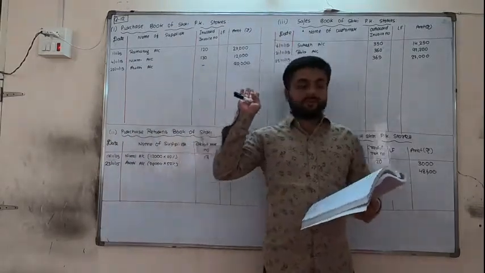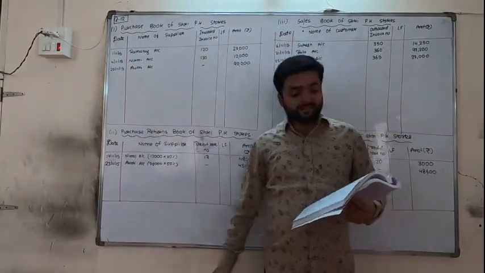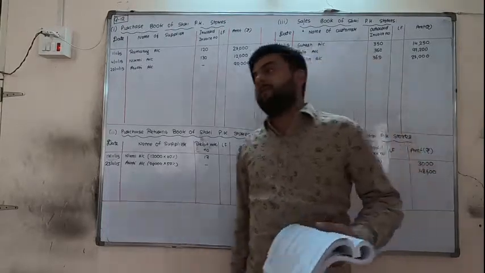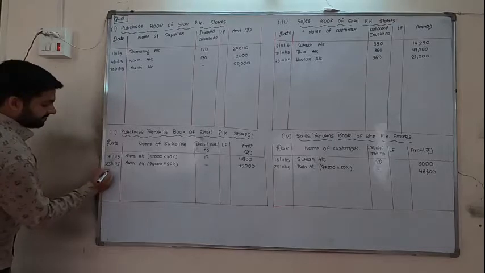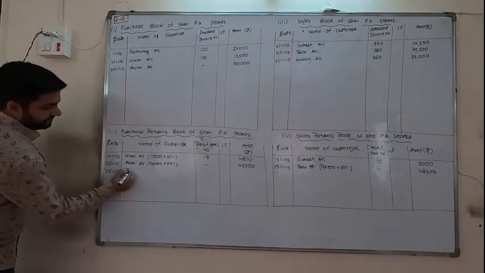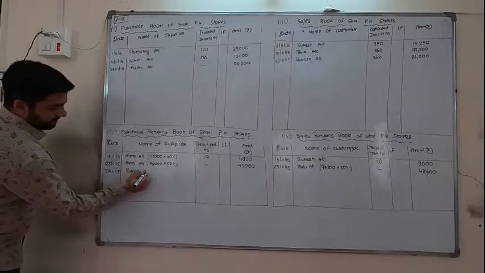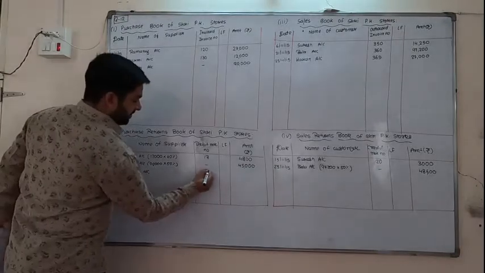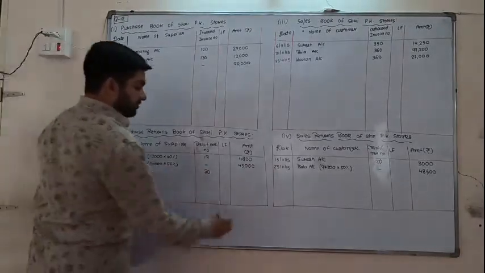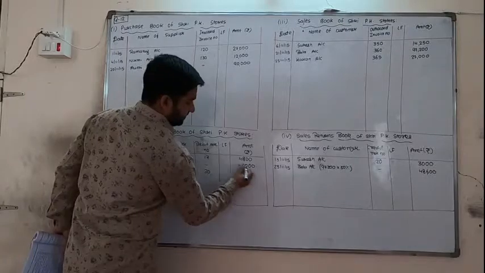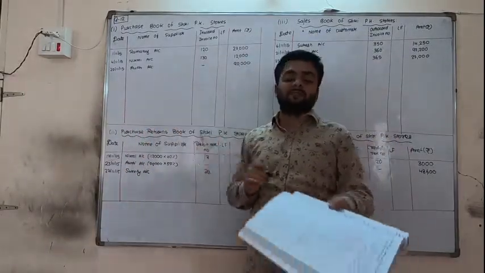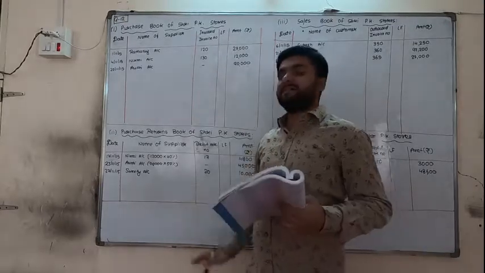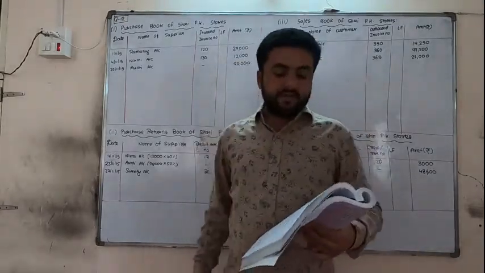Return goods to Sweetie of 10,000 which was purchased in October. Previous month we have purchased, now we are returning, so again it is a purchase return, and send debit note number 20. Yeah, 27th November, 27-11-15, Sweetie account, debit note number 20, goods are of 10,000. We have purchased from Sweetie in previous month, but it's okay, we are just returning, so purchase returns.